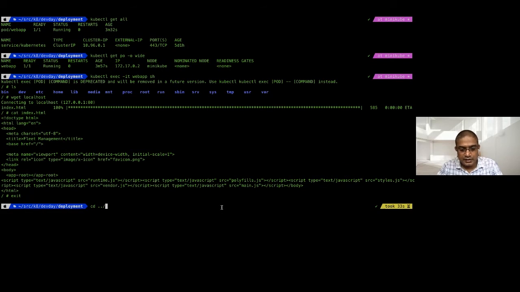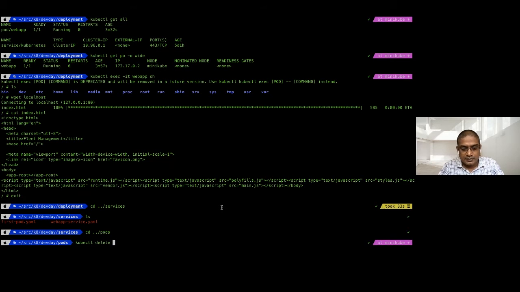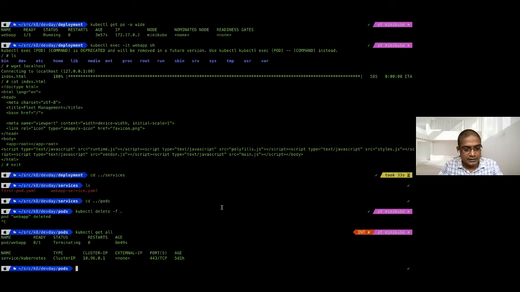So I'm going back into my services. These are the two things that I have. First of all, let me go back into my code section and delete this. Then you see nothing is there; my existing code is terminating now.